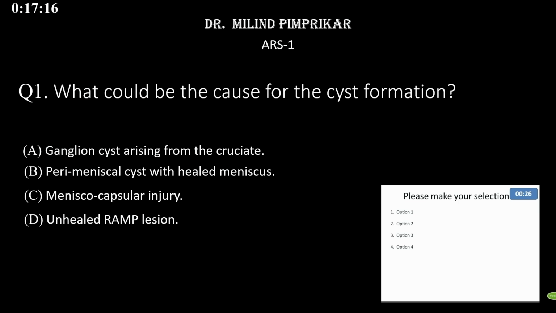So what could be the cause of cyst formation? Ganglion cyst from cruciate, perimeniscal cyst, meniscocapsular injury, unhealed ramp lesion. So it's a perimeniscal cyst with a healed meniscus. That's what the maximum people want to stay with. But if you see this now,